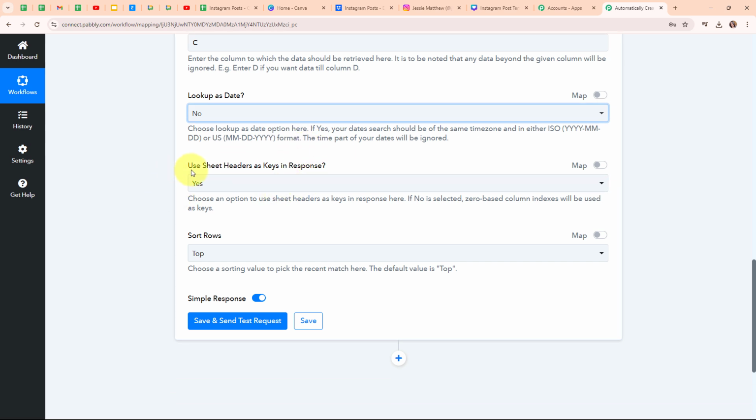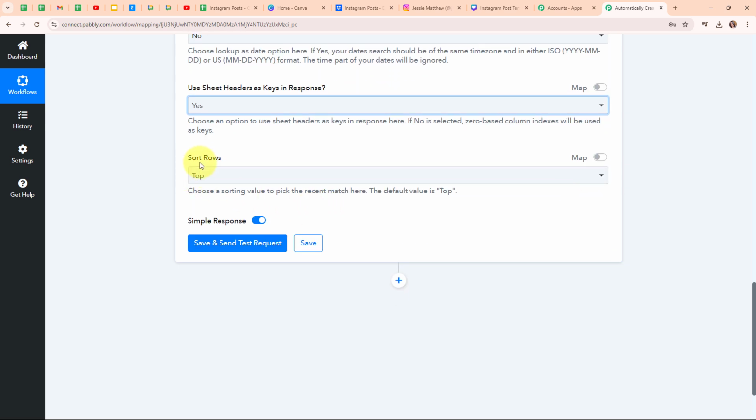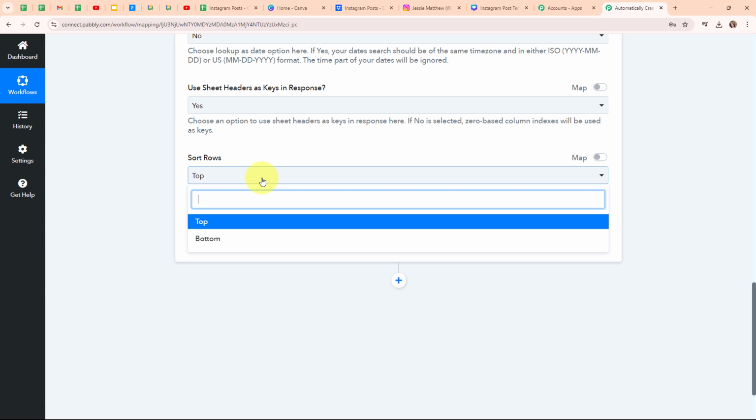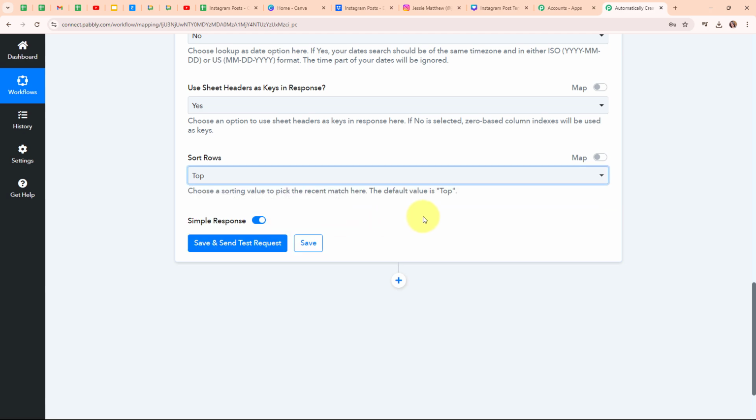Then it is asking me to use sheet headers as keys in the response. For that I'm going to select yes. And then it is asking me to sort rows. In the help text it says choose a sorting value to pick up the recent match. The default value is top. So in this sort rows field, I need to select a pattern for sorting the values. I want to search for my value from top to bottom, so for that I'm going to select my pattern as top. And now after selecting all the required data, I'm going to click on the save and send test request